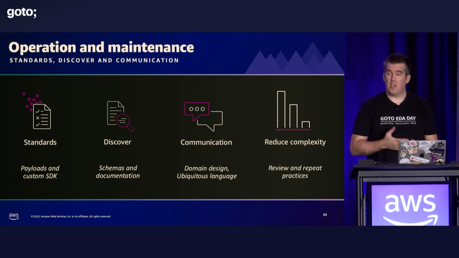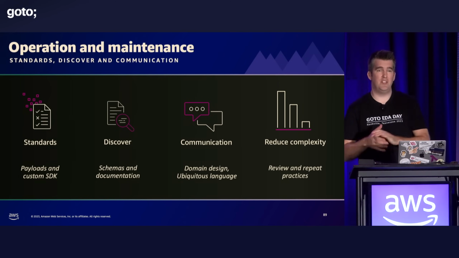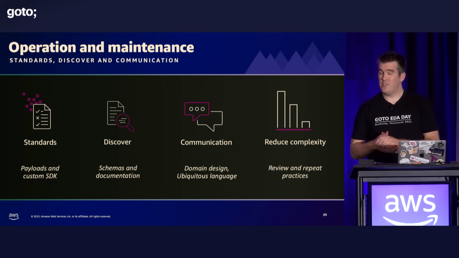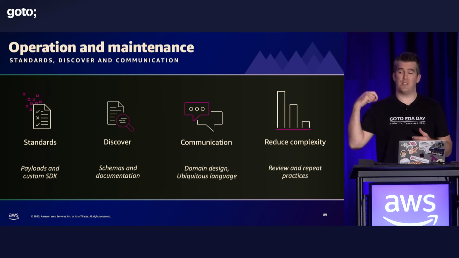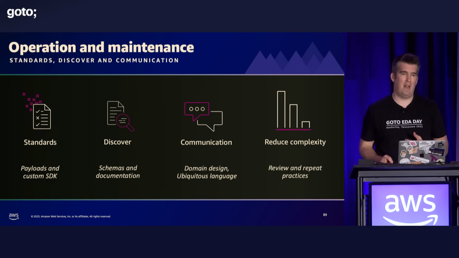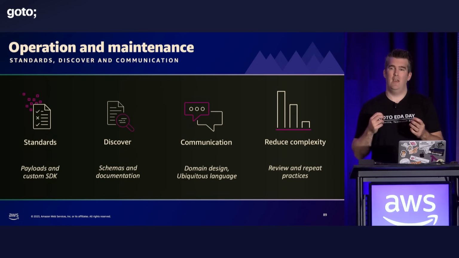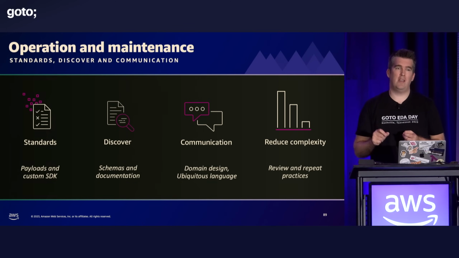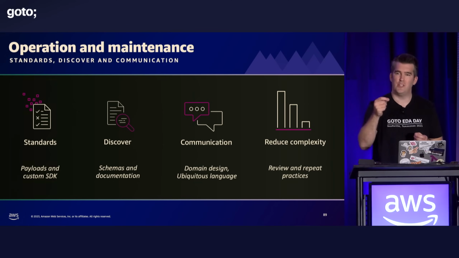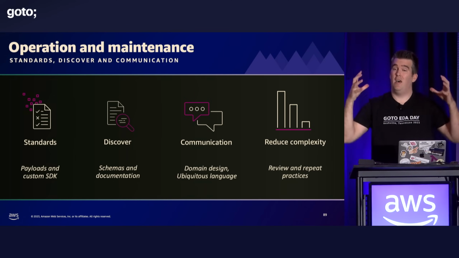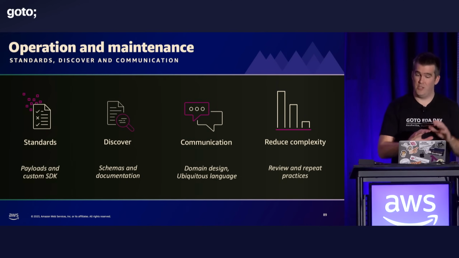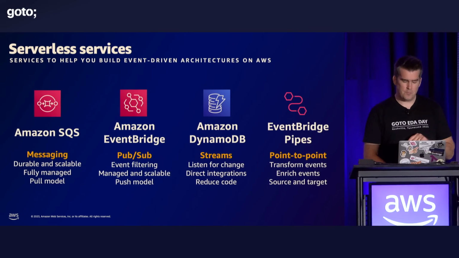And then finally, we spoke about operational maintenance. And I really recommend do not skip over this section. Think about standards of your events. Think about discoverability up front and communication boundaries. Reduce the complexity. You want people to find your events and actually innovate on them, right? Because as James mentioned earlier, we lower the cost of integration. Even within our organization, we have this fire of innovation that happens and things we can explore. And event-driven architectures can really help you with this.